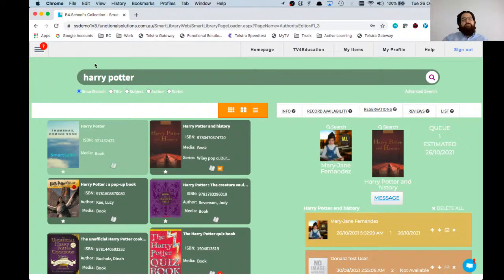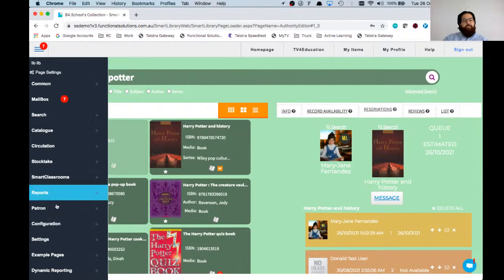We do have the ability for you as an administrator to turn that report on, so that as soon as someone places any books on reserve, you get notification of it. But you do open yourself up to be spammed if you have a very active community that are always reserving books. Okay? What we like to do out of the box is to notify you when you need to know